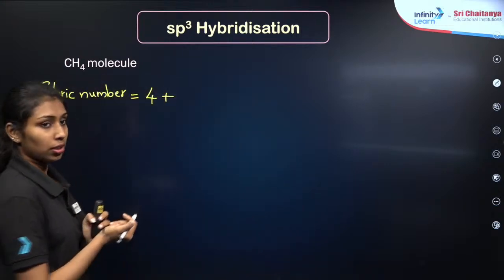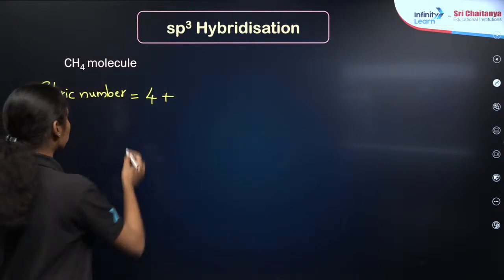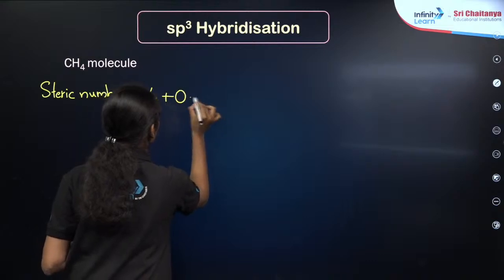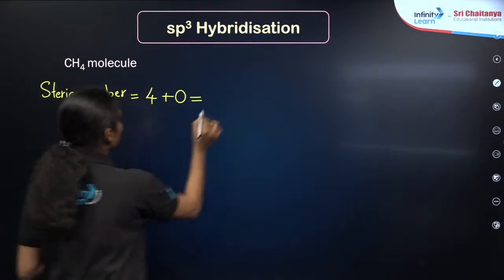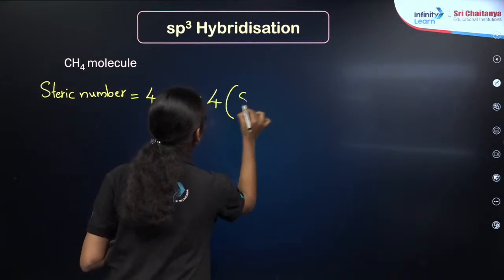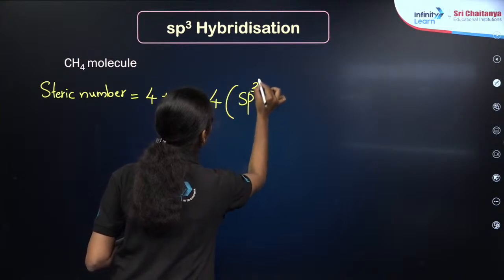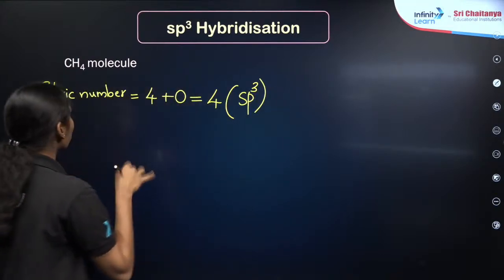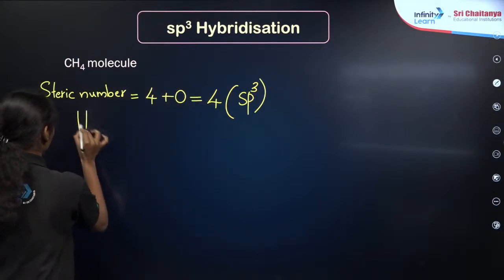So steric number is equal to 4. 4 means it will be sp3 hybridization, right? It will be the sp3 hybridization. Now, in order to draw the hybridization of the CH4 molecule,